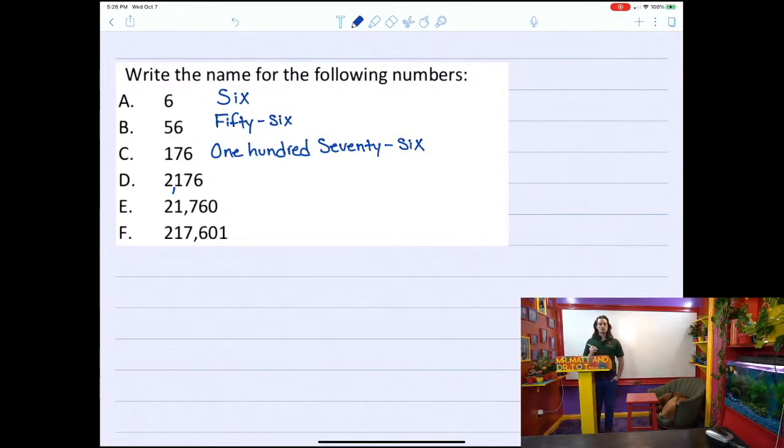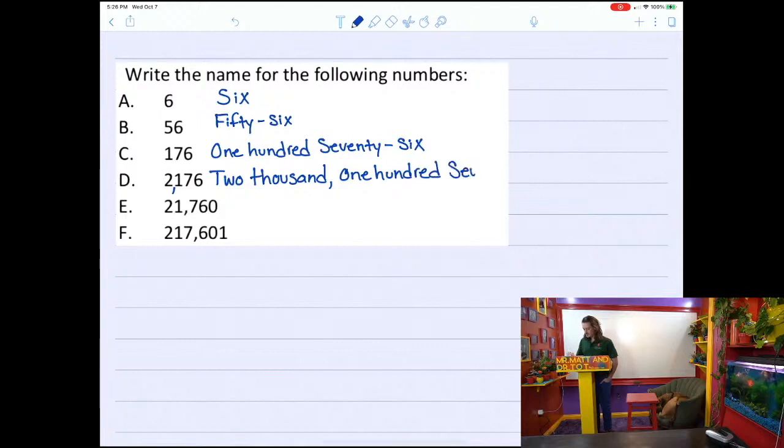2,176. So now we have 2,000. That's the largest value, I should say the largest decimal place holder is the 2. So we have 2,000. Now notice we have a comma after the 2 in the number. So we need to have a comma after the 2,000 in the name. 2,000, comma, 100. 76, start with the multiple of 10, 70, hyphenate, add the ones digit of 6. E, we have